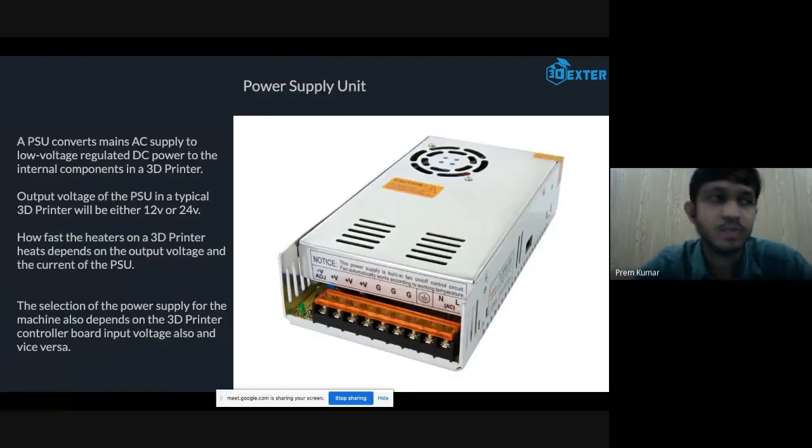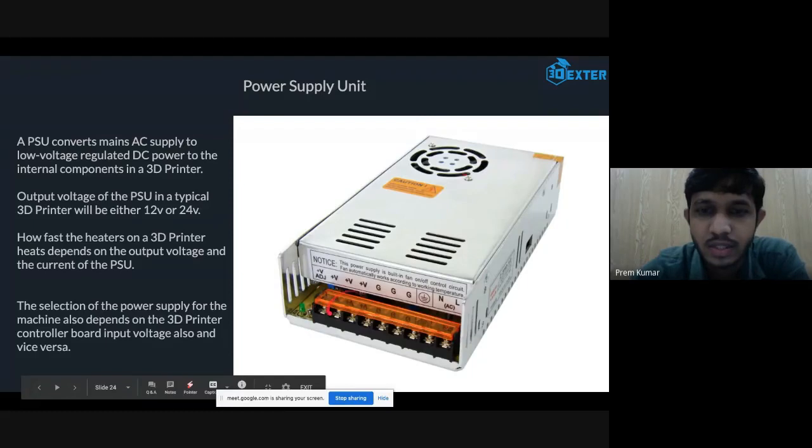Okay. So now another part of your 3D printer will be a power supply unit. The basic function of your power supply unit is to give supply to your control board. The voltage system that we use in our homes is 120 volts AC, 220 volts AC. These SMPS are available for 120 to 220 volts AC input. Once you give input AC to this system, it will give you output in DC form, which is a lower voltage.